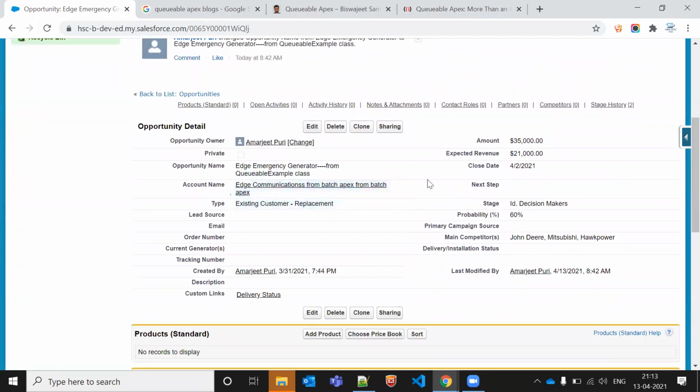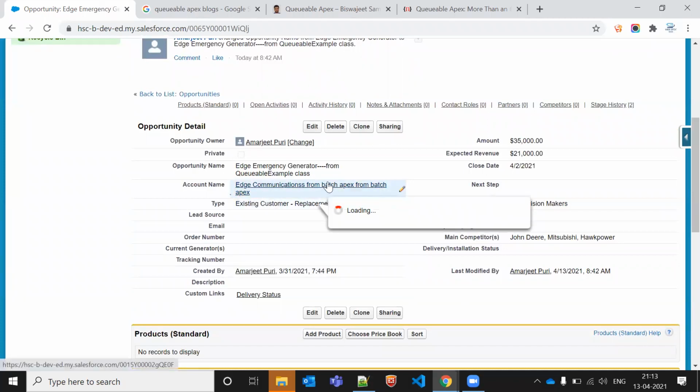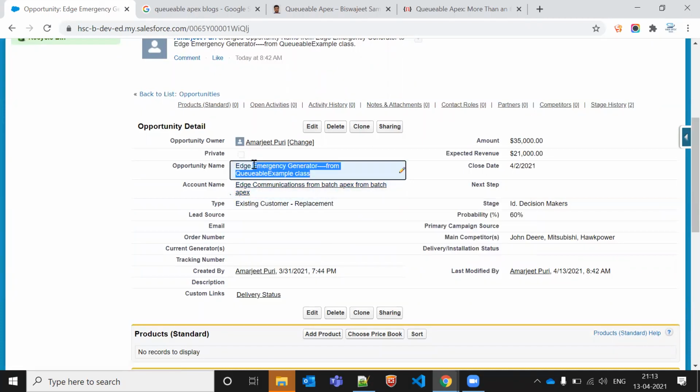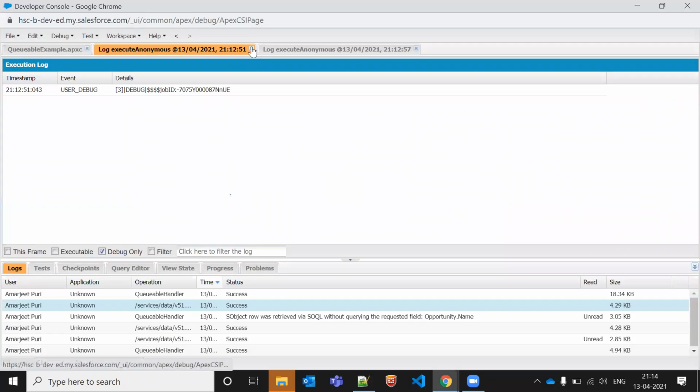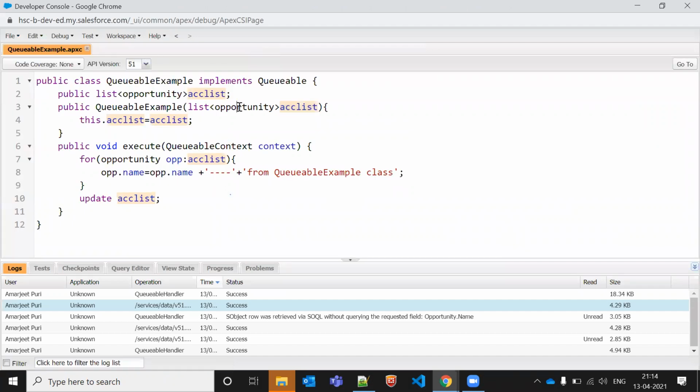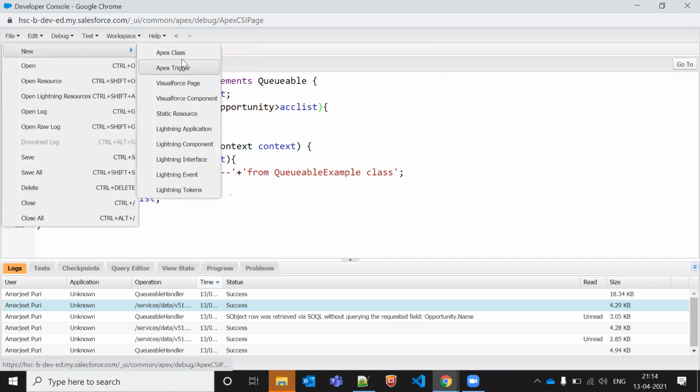This is coming from the queueable class. Oh, sorry, this one. This is related to your account. Yesterday, I think we did it for batch apex. This is for the queueable class. So what we are doing here, we are just passing the non-primitive data type inside the parameters. But let's compare with the future method. Let me just go to the future method.